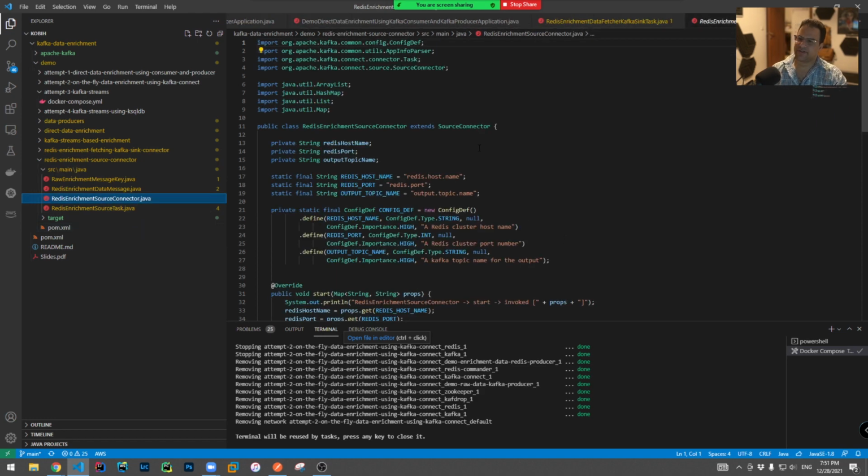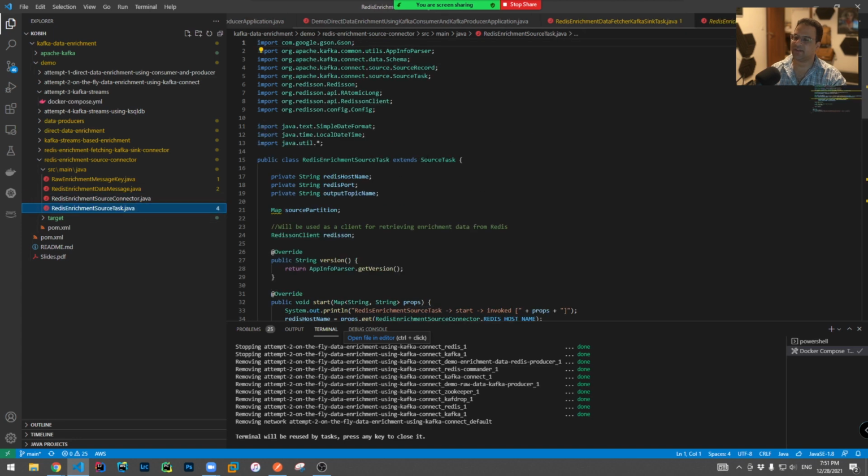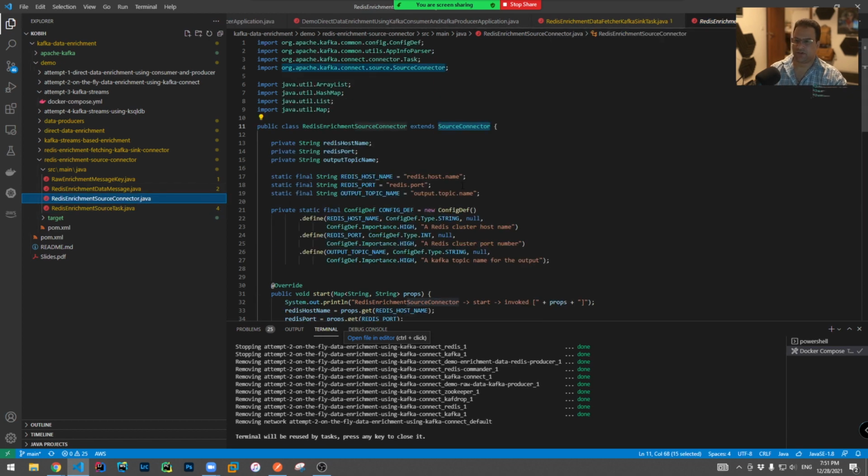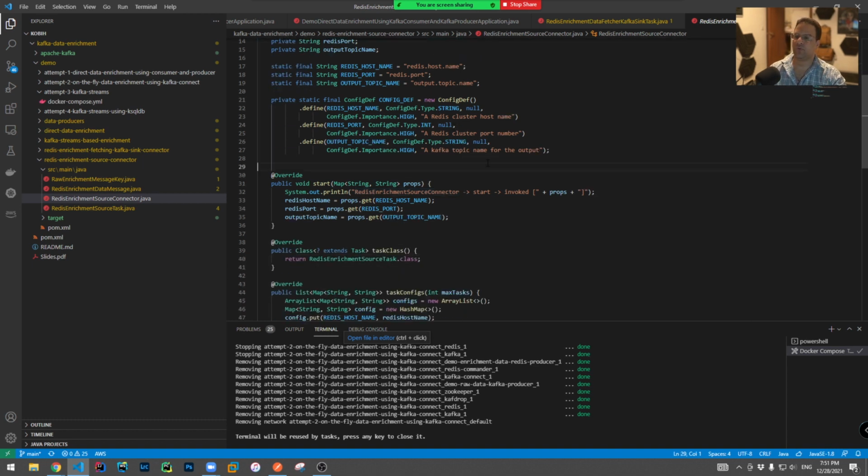This connector is, as opposed to the previous connector we implemented, this time a source connector. Its purpose is to bring data from Redis, an external data source. And just like the sink connector we implemented before, we are now extending the source task class. And just as before, the Redis enrichment source connector class, which extends the source connector class, serves as a tool for configuration, and